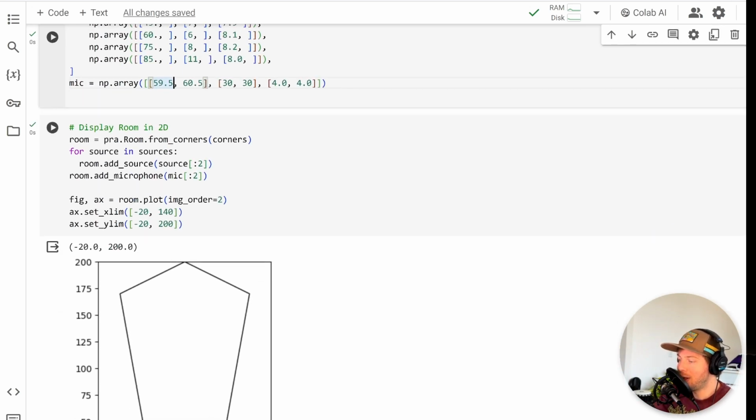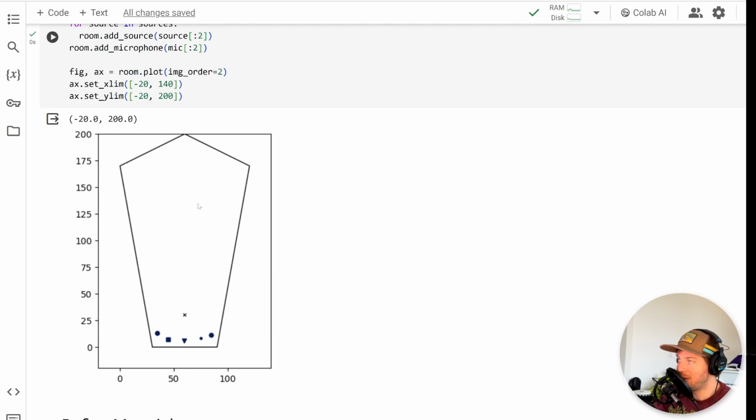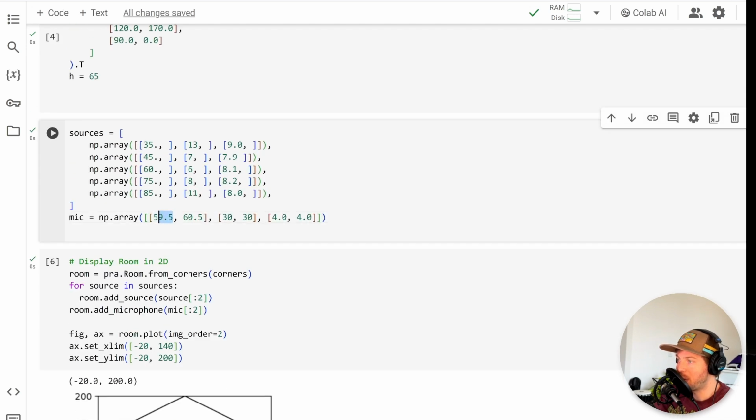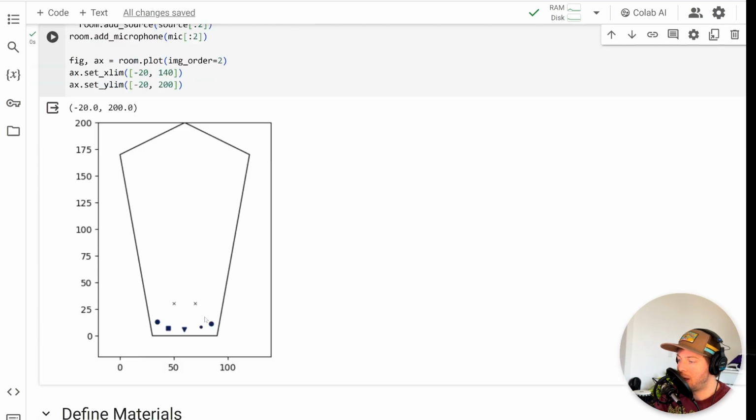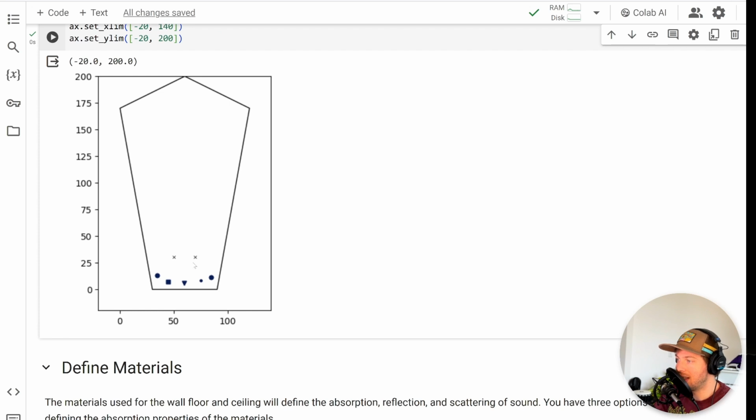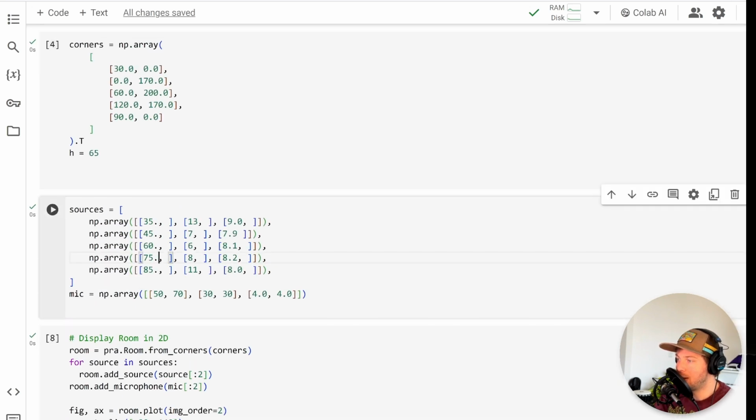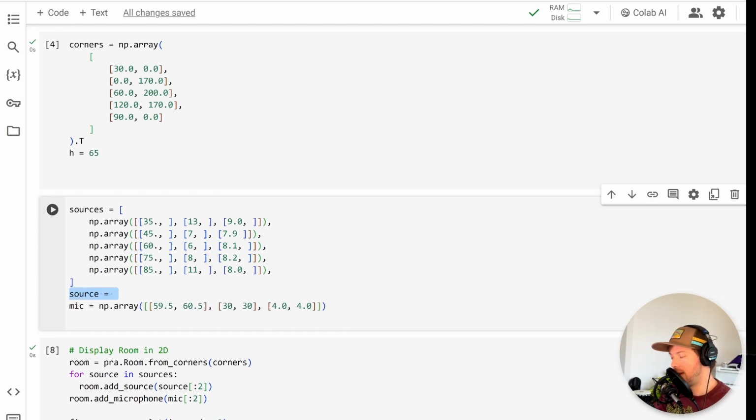And you can only really see one X because they're still relatively close together. If I put these further apart at, say, 50 meters and 70 meters, it doesn't really matter which values, just far enough apart, you can now distinctly see them visually. It's not like a smiley face, but yeah, the two X's are the different microphone positions. But to make it a little more realistic, I'm going to put them just a meter apart,